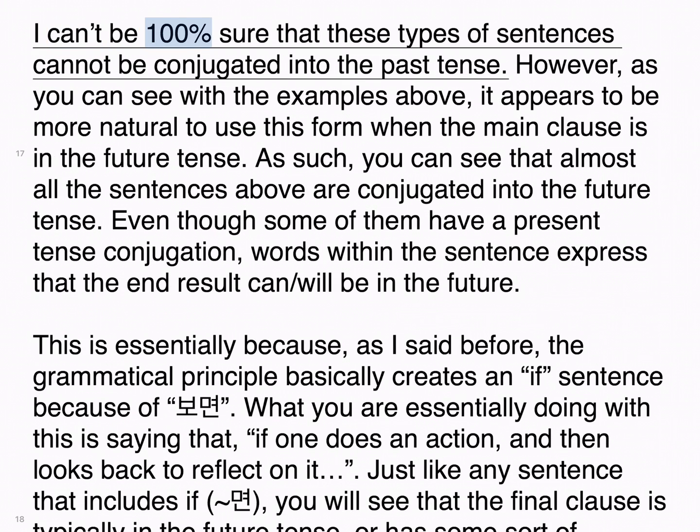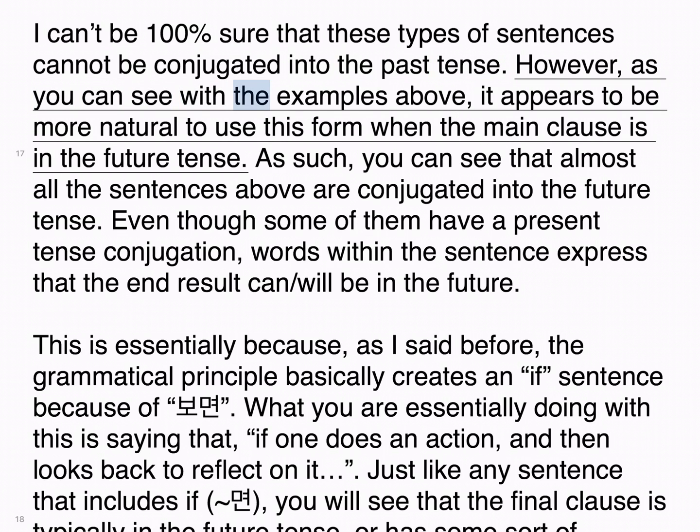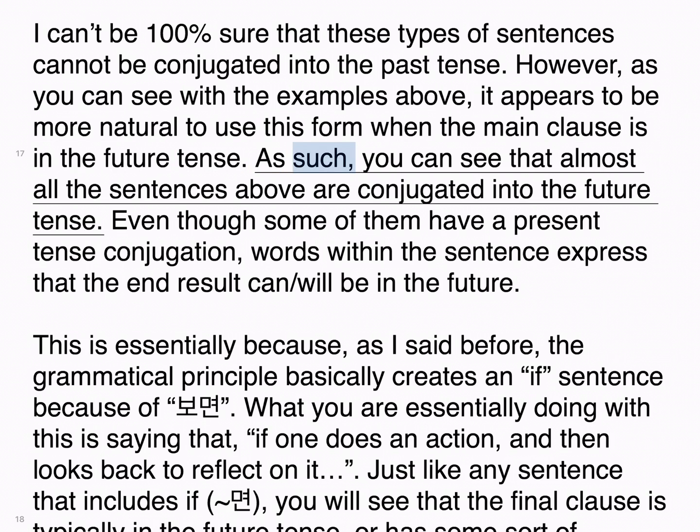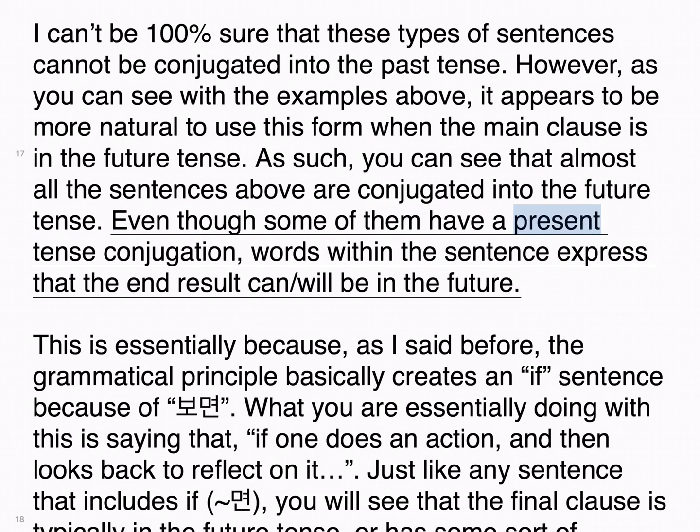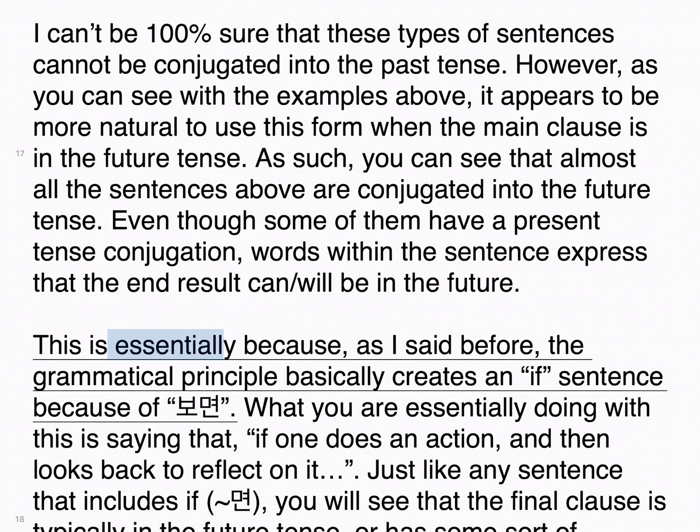I can't be 100% sure that these types of sentences cannot be conjugated into the past tense. However, as you can see with the examples above, it appears to be more natural to use this form when the main clause is in the future tense. As such, you can see that almost all the sentences above are conjugated into the future tense. Even though some of them have a present tense conjugation, words within the sentence express that the end result will be in the future. This is essentially because, as I said before, the grammatical principle basically creates an if sentence